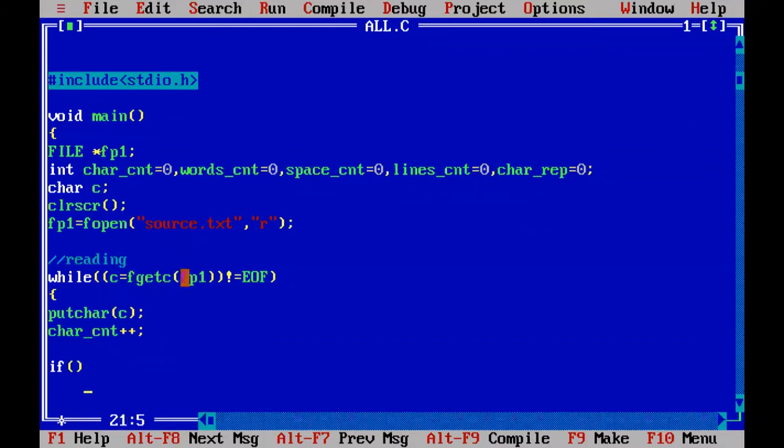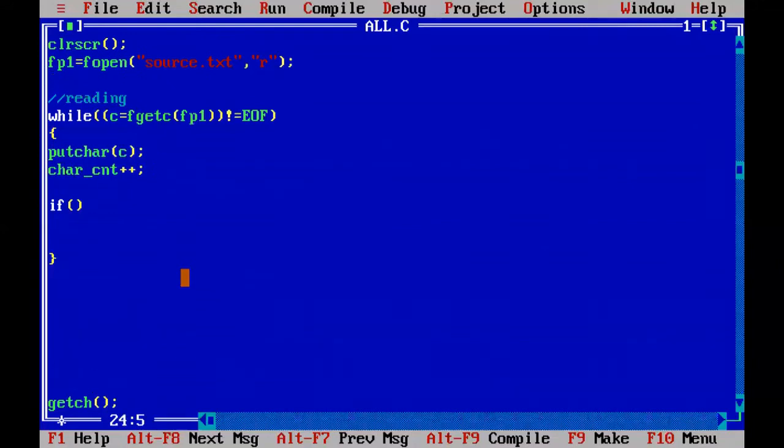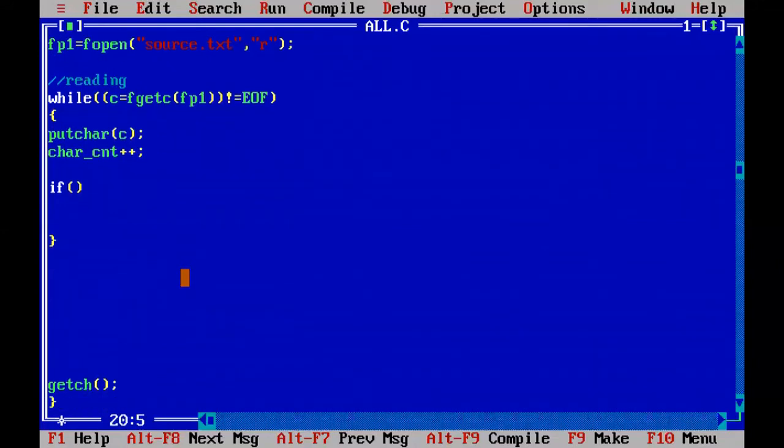So whenever you read one character from the file, it is stored into C, because the fgetc function will read one character and store it into C, and then we will enter the while loop. Again, the second character is retrieved by the fgetc function from fp1 and stored into C, and we enter the while loop. So every time this process will occur.